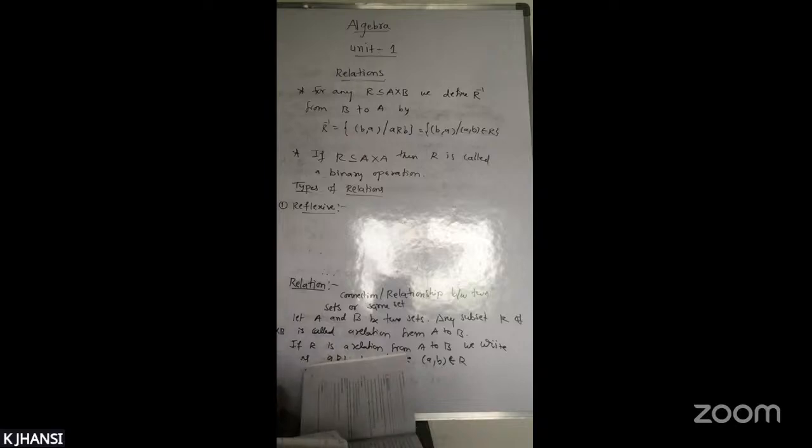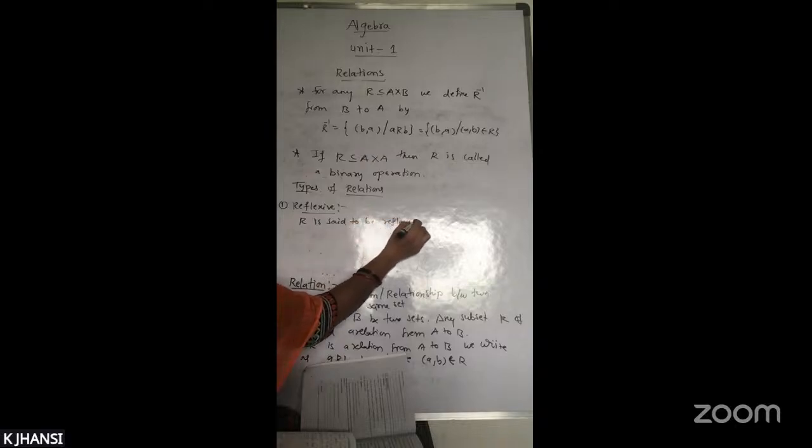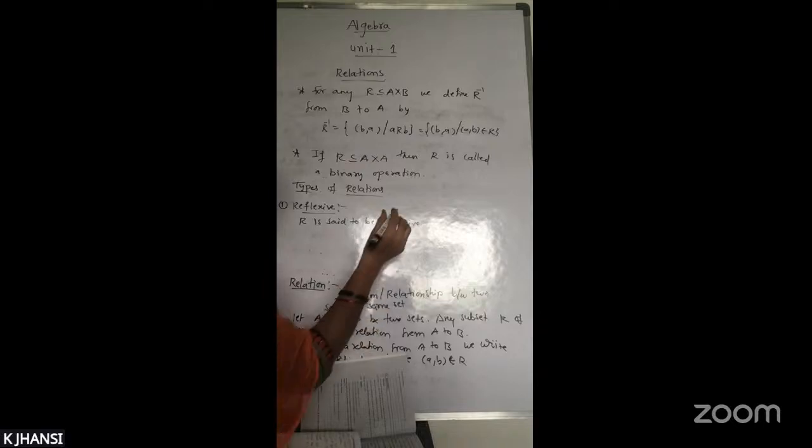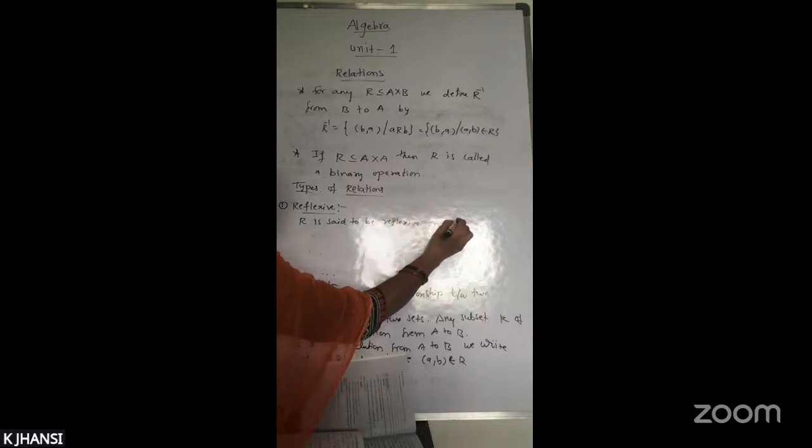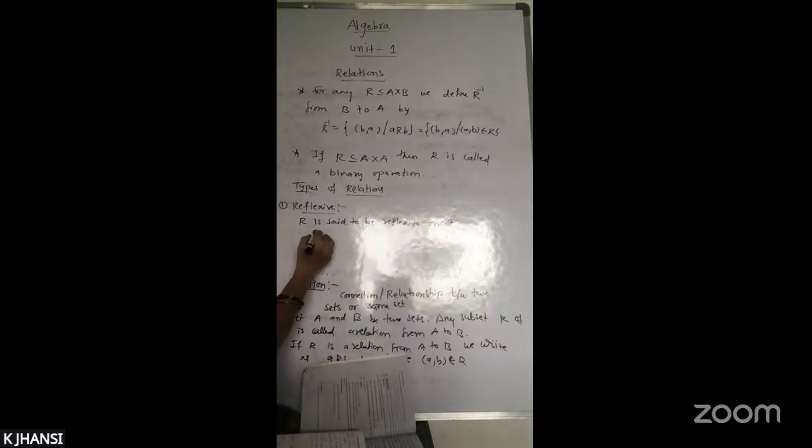Okay, any element mapped with itself is called a reflexive relation. So this definition is: R is said to be reflexive on A if